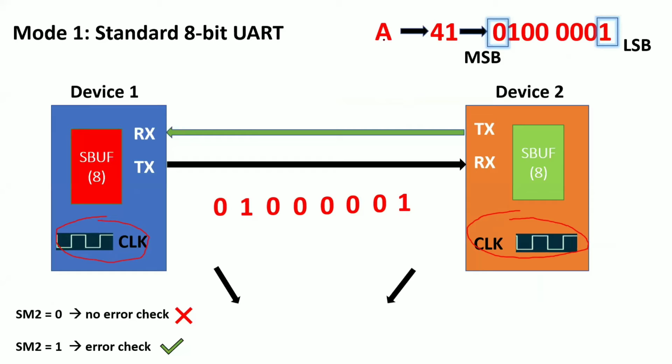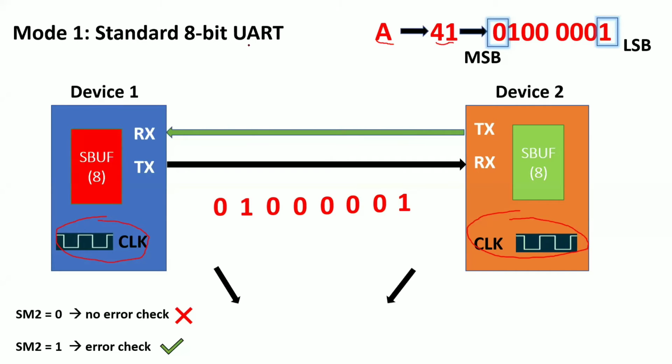Now I want to transfer the data, character A. I told you in the last class, to transfer character A, I need to convert it into binary. So I will take its ASCII value and convert it into hexadecimal form. That is 41, which in binary is 0100 0001. Now I will start data transmission of A. From where will I start the data transfer? From the LSB position, you already know that. Then I come to the next bit, up to the MSB position.